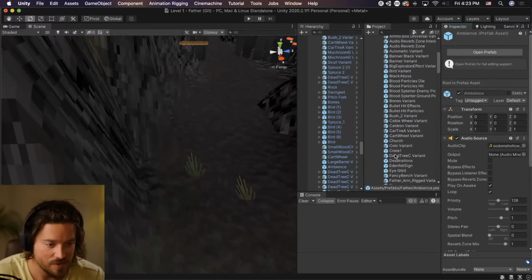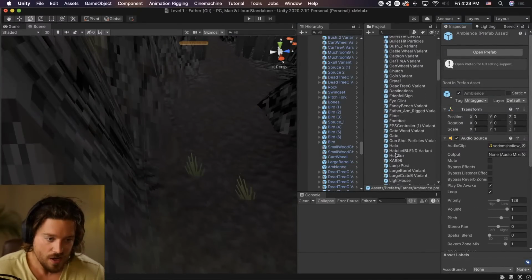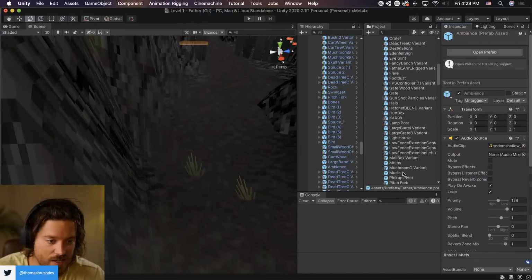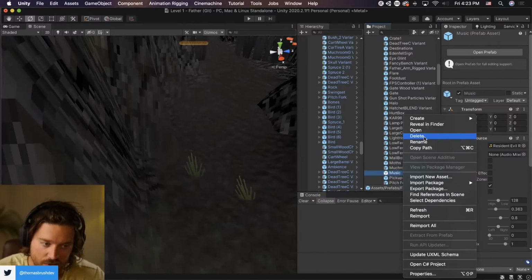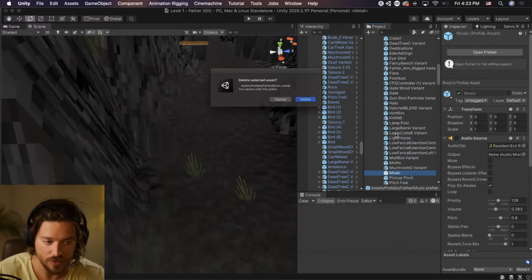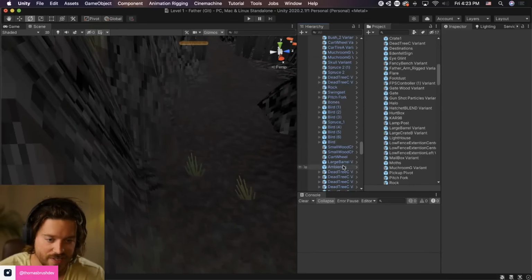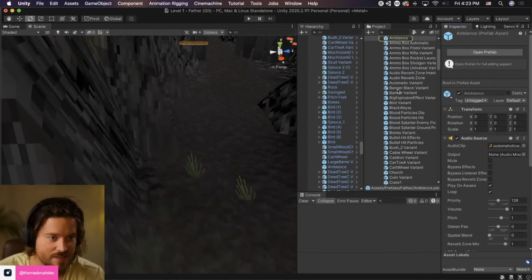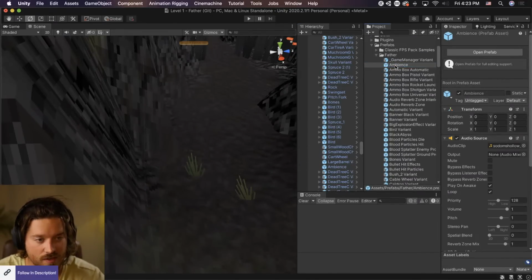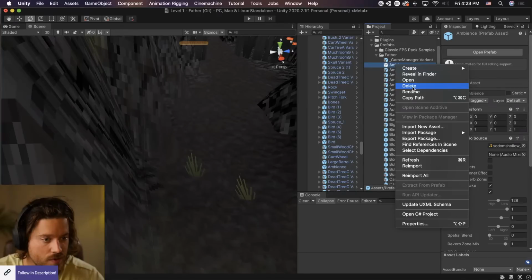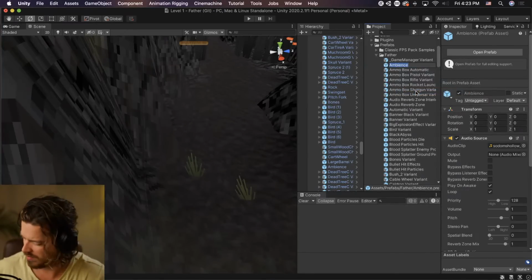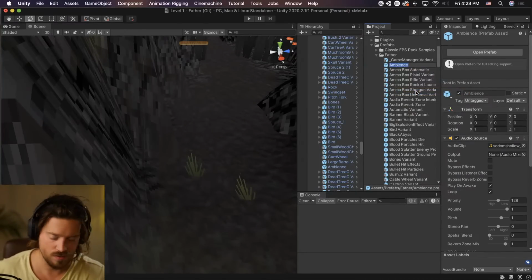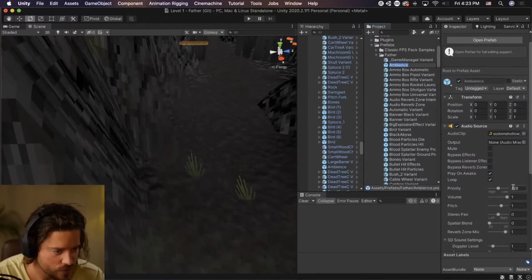Let's delete the music one completely, because the truth is that the music prefab and the ambience prefabs are the same. They're just sound loops, okay? So I'm going to take this ambience one. I'm going to select the prefab, and I'm going to call this, rename. And we're going to go to